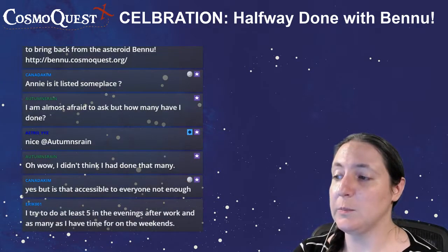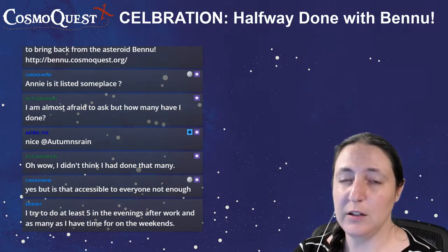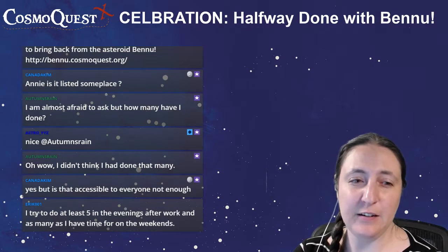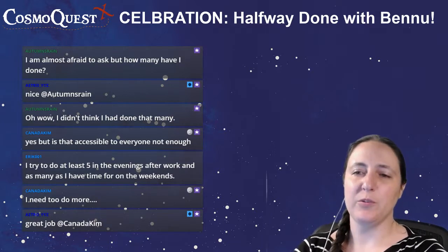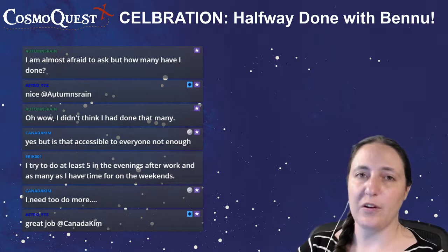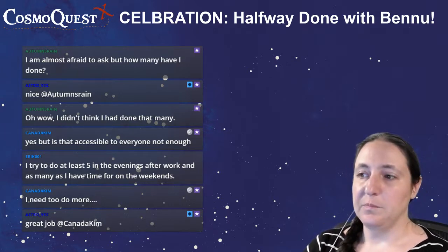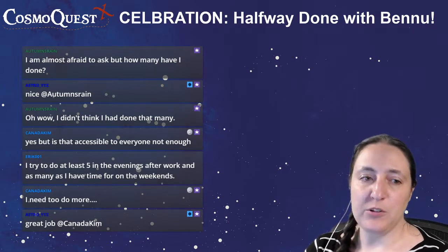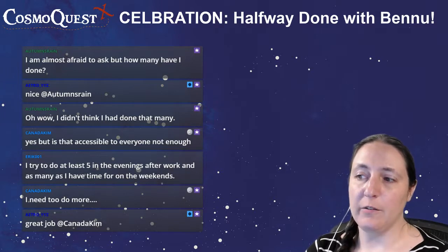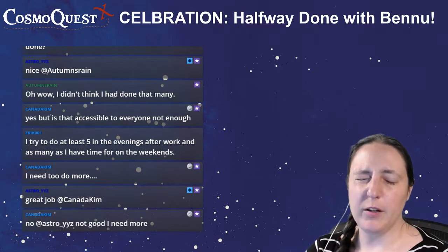No, because there's a lot of sensitive information in the database, and I don't want to break it. So yeah, it's not accessible to everyone, which is why, if you want to know, because I know the software doesn't keep track of how many you've done, or how much time you've spent, I can look all of that up. I can export it, but